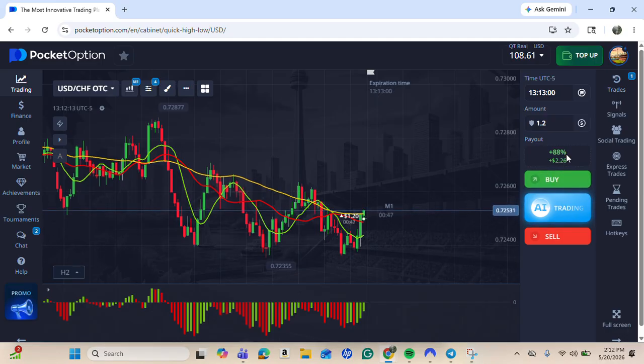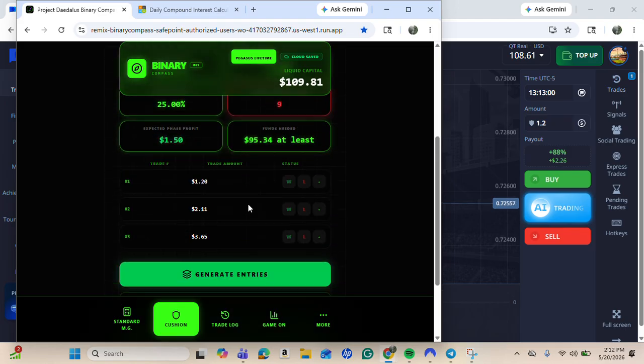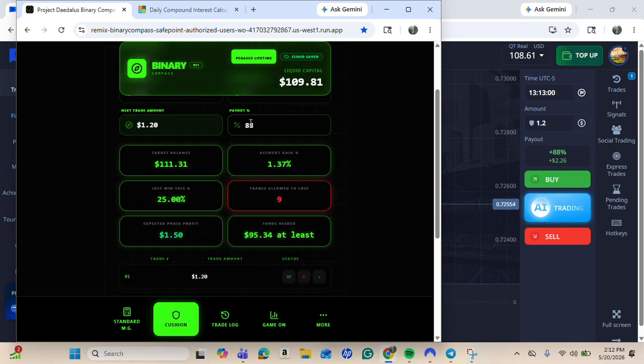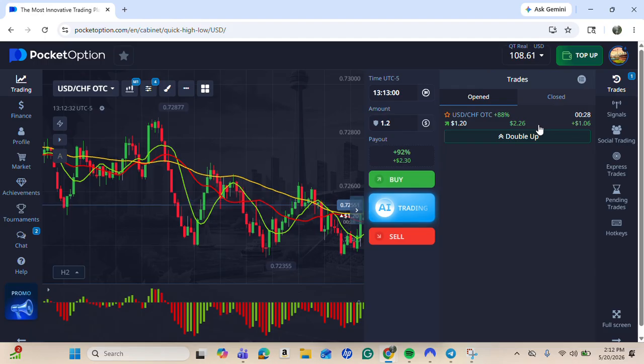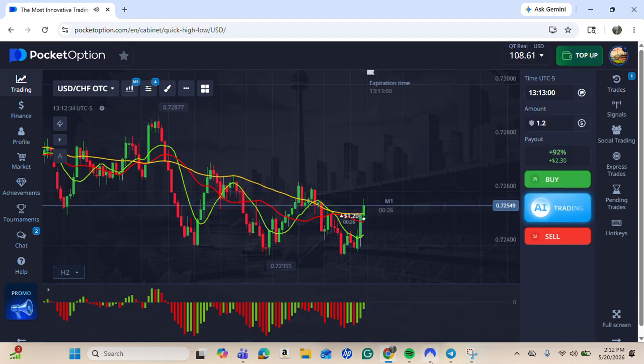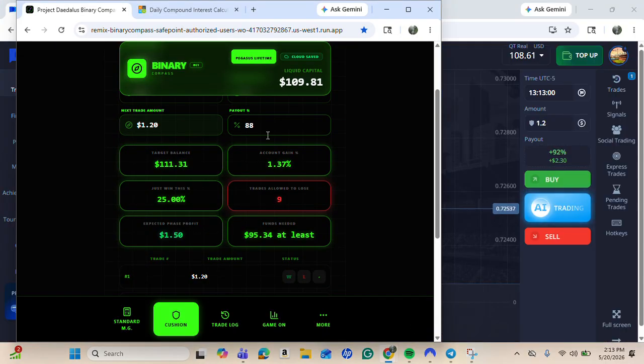The reason why I go in and change the percentage in here is because if it was 92%, it's gonna give you a different payout. So whatever the payout is, you're still gonna get the same amount. So my payout is 106. I'm gonna show you after this, if I had 92%,